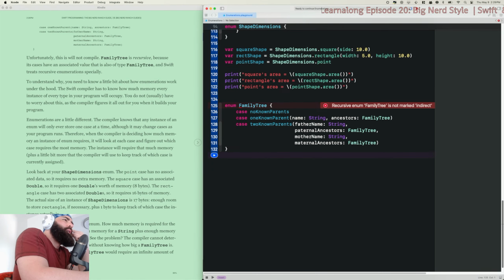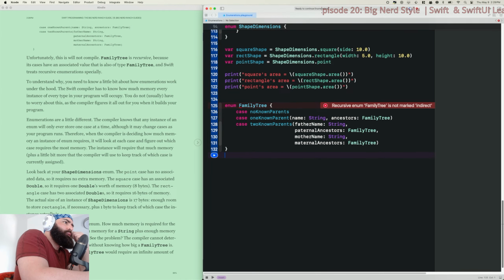Okay. Family tree is recursive because its cases have an associated value that is also of type family tree, and Swift treats recursive enumerations specially. To understand why, you need to know a little bit about how enumerations work under the hood.